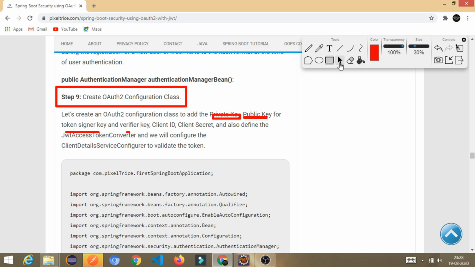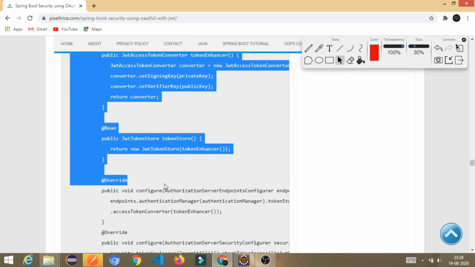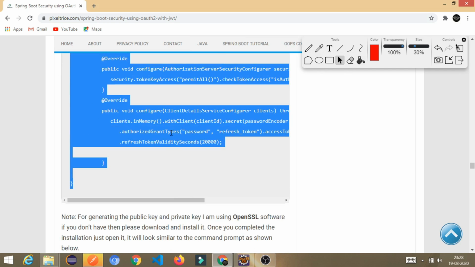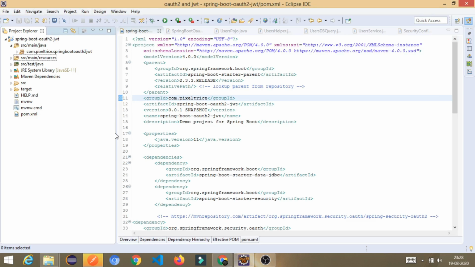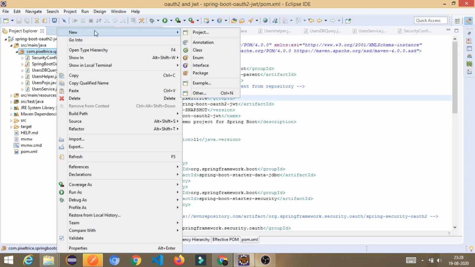So let's first start. First, what I am going to do, same thing, I will copy this whole thing and create a class. Go here, this is the package where I'm creating the class.